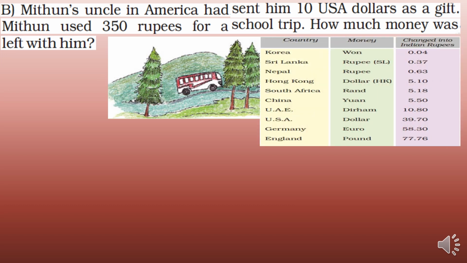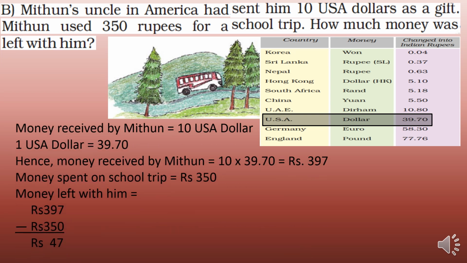So here is the chart. If we convert dollar into rupee, the USA currency, if we convert $1, we'll get 39 rupees 70 paisa or 39.70 rupees. So money received by Mithun is equal to 10 USA dollars, and 1 USA dollar is equal to 39.70 rupees. Hence money received by Mithun is equal to 10 multiplied by